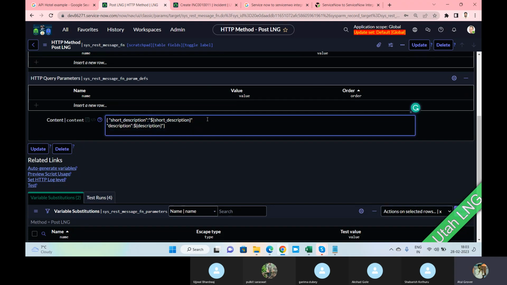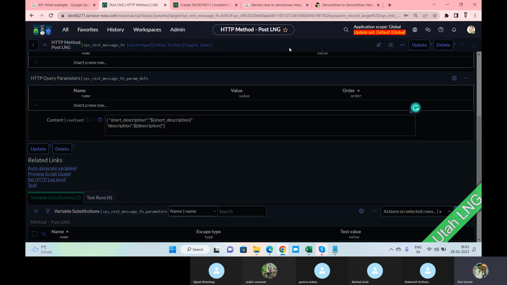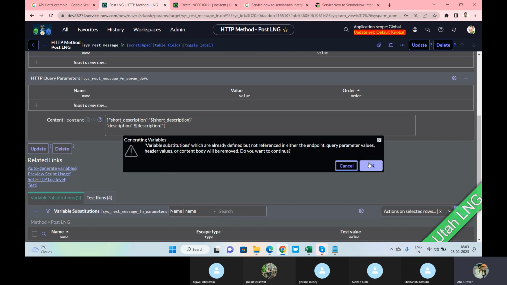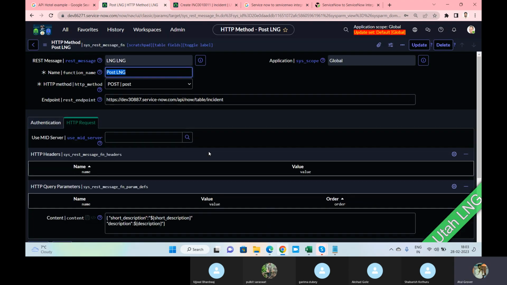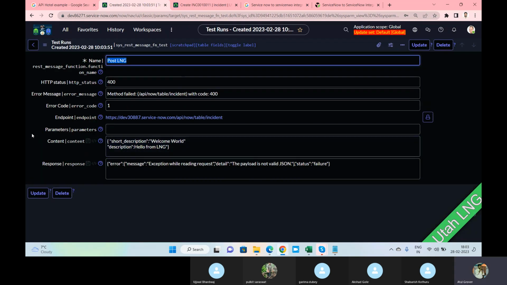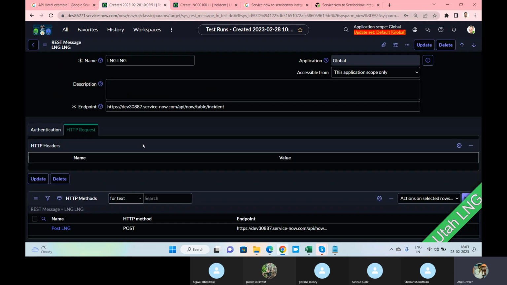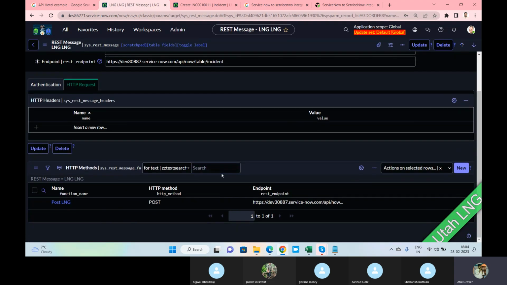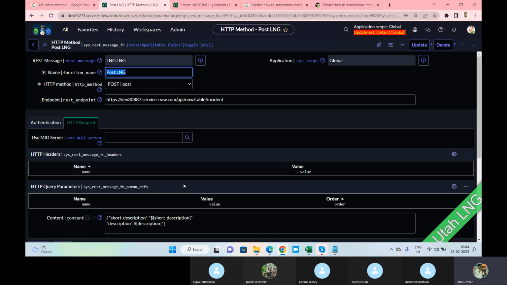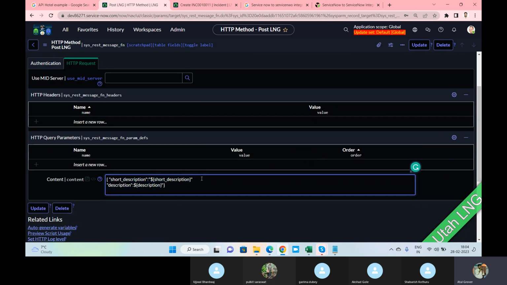Short description, or let me remove this. This and this. Let's try to save this again and then we'll try to generate. If it works, fine. Otherwise, we'll go for the next point. Or we're missing something in the parameters here. No, I guess we're doing something wrong. We're missing a parameter here. That's the reason it's giving me an error at this point in time. Okay. Now let me remove this to avoid any issue here.